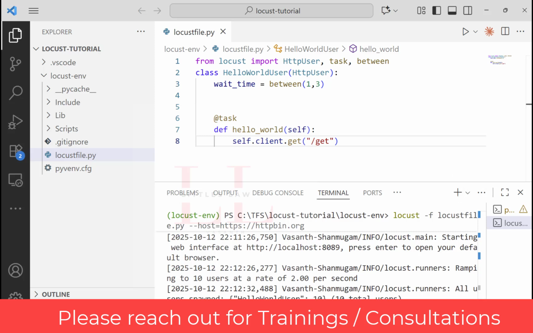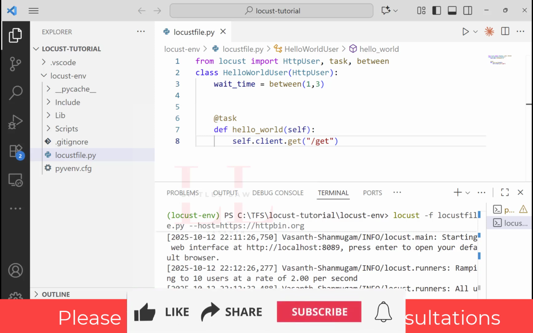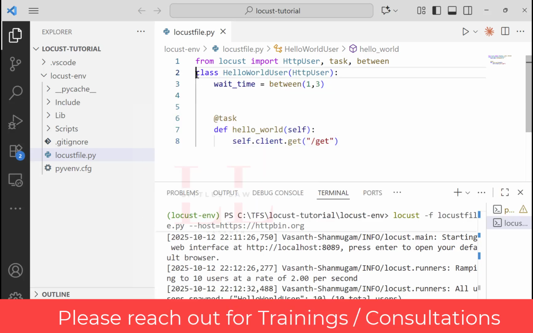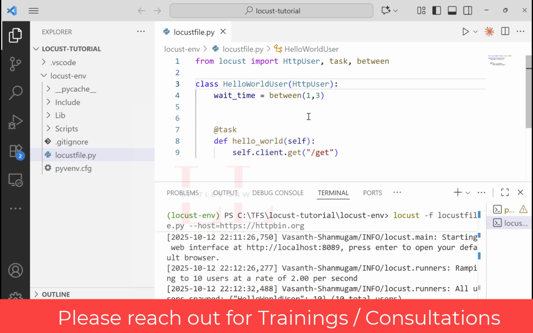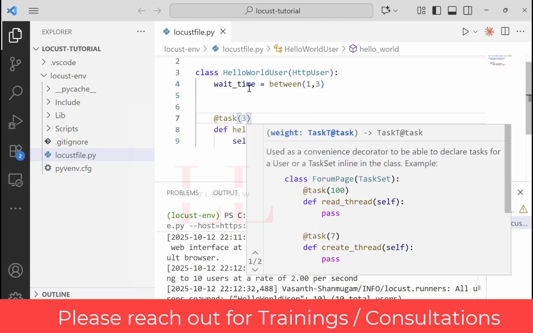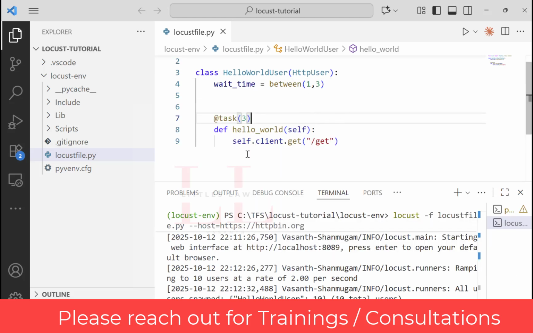So before we wrap up, let's do a quick experiment to see the power of what you just learned. So stop your test. I think by this time you might have started your test. So now let's modify our locust file to add another task. So I'm in my locust.py. I'm going to have the same lines, from locust import HttpUser, task, between, and then the class HelloWorldUser, and then the wait time. And here, if you see the @task, I'm adding 3. And then the command, I'm going to define the hello world self.client.get,